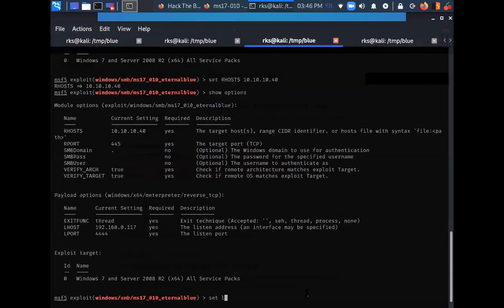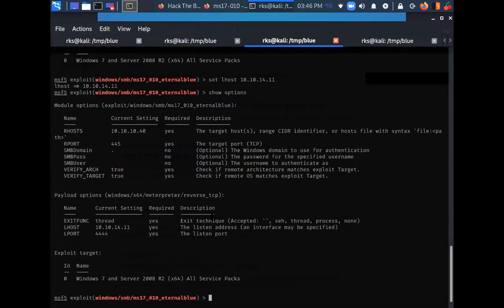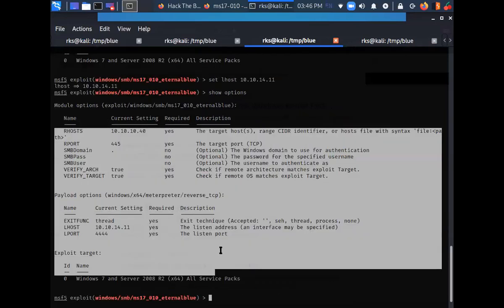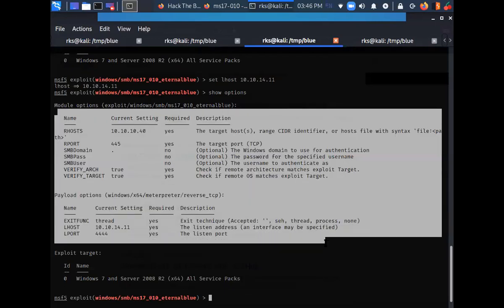Set LHOST 10.10.14.11. Let's check the updated settings. So I have successfully configured the exploit.